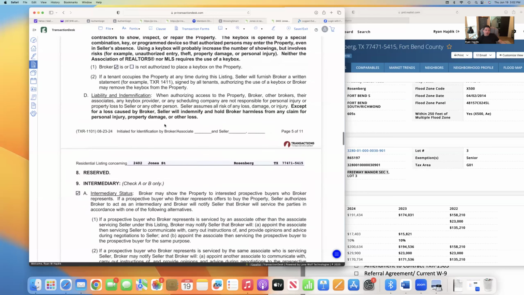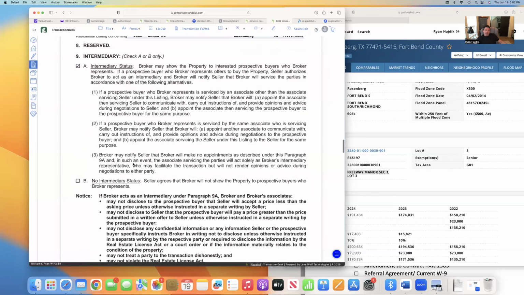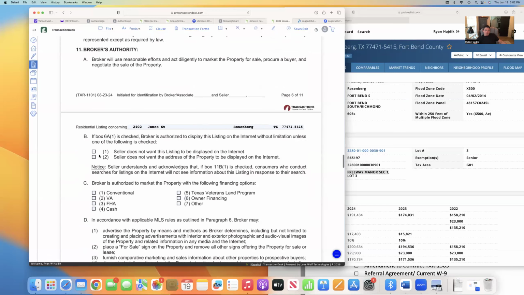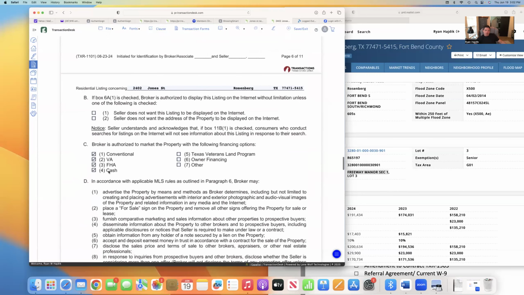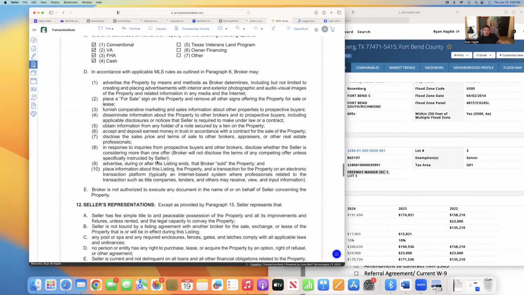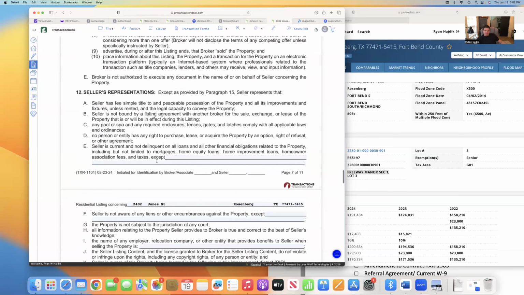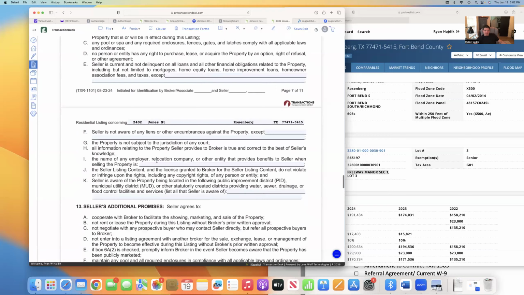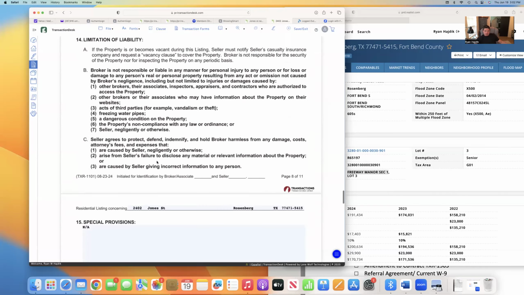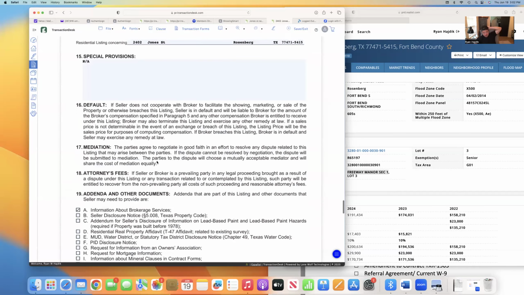Broker is authorized to put a key box, and I always check intermediary. Nope, I don't check any of those for financing, and typically your house is going to be able to pass all those unless it needs a lot of work. That can be discussed with me as well. It's not involved in a reload. Most of the time, my agents miss